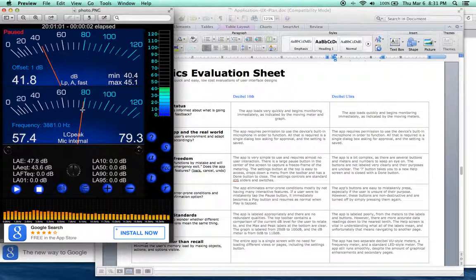This app is a bit more complex. And there's a lot more numbers and buttons and meters. But so it's just kind of a little bit more cluttered. And the buttons aren't really very clearly labeled. It took me a while to figure out what all these things did and what these mean. So yeah, it's kind of a mess, but